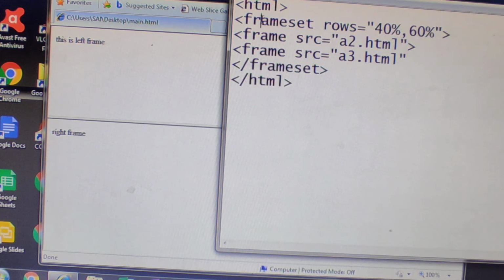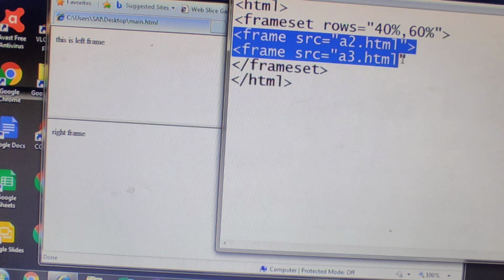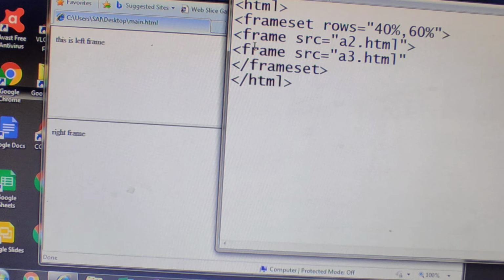See, frameset is a parent tag. Using this, we are giving the information on how you want to divide a browser window, either rows or columns, what is the size of the first one and what is the size of the second one. Okay, so if you have given two sizes here, two frames should be present here. Frameset is a parent tag, frame is a child tag of frameset. Always we write the frame tag inside the frameset tag only. This is the frames concept.